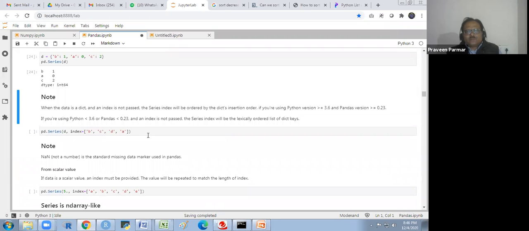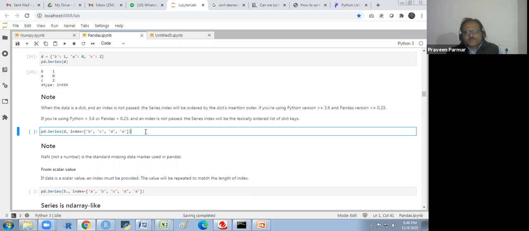Here I have given one note: when the data is a dict and an index is not passed, the Series index will be ordered by the dict insertion order, if you are using Python 3.6 or greater and pandas 0.23 or greater.